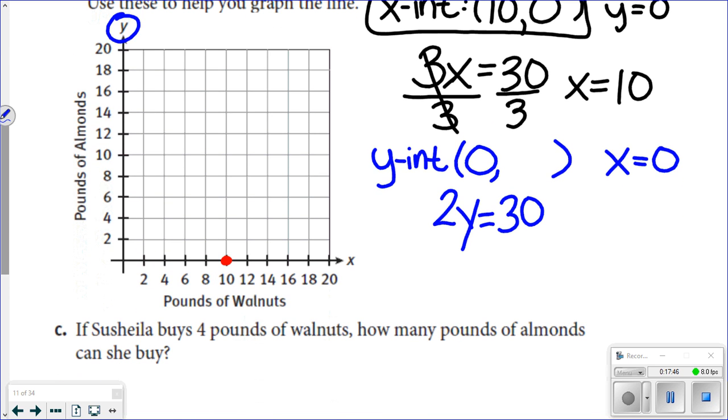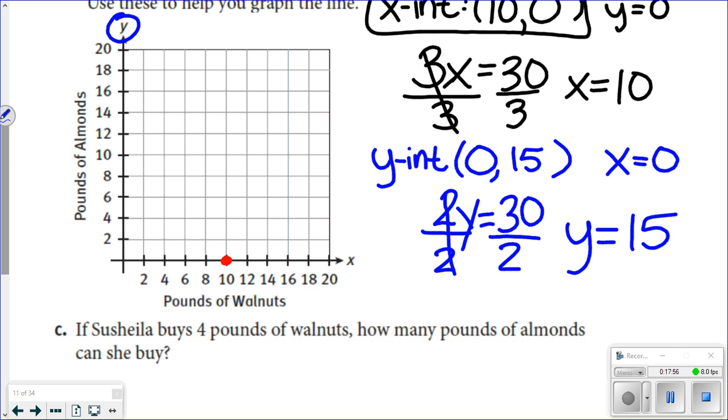So 2y equals 30. How do we solve for y? Divide both sides by 2. Those cancel. Y equals 15. Well, this kind of makes sense because remember the costs, right? Almonds cost $2 a pound. 2 times 15 gives me 30. So let's go up halfway between 14 and 16, and we're going to plot that